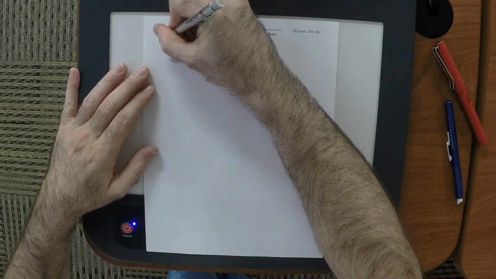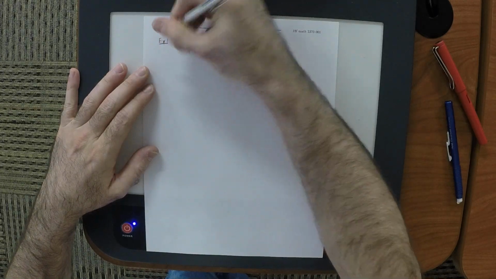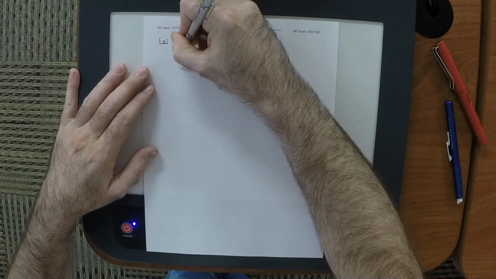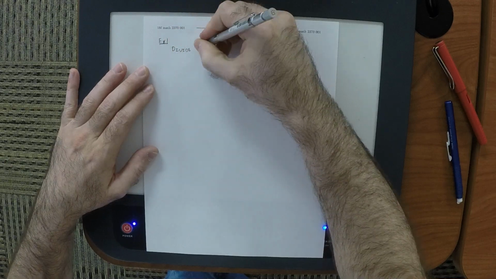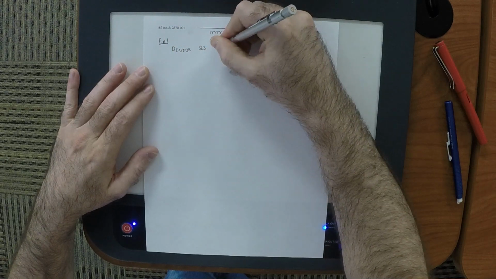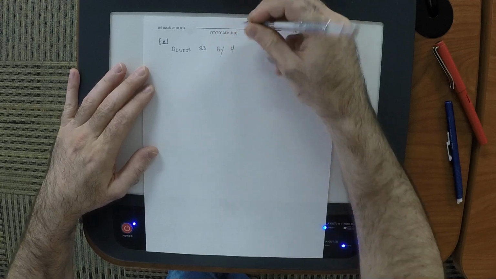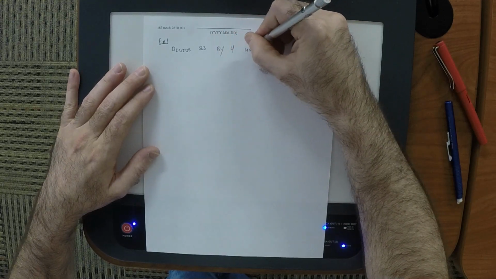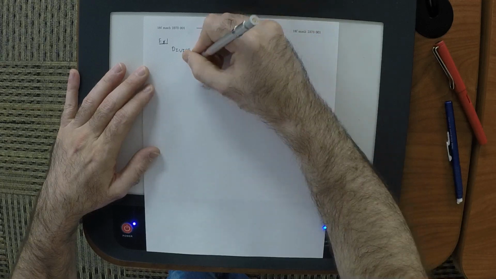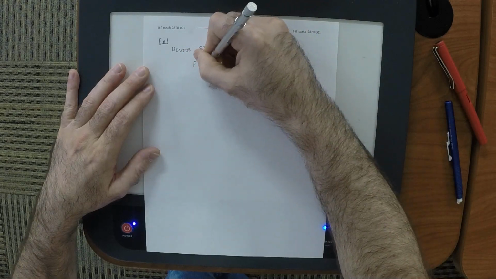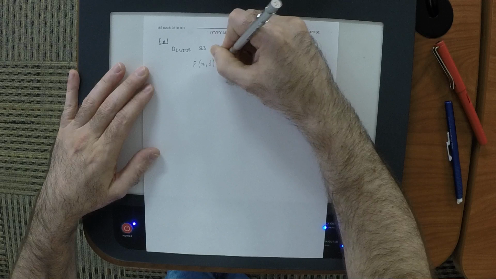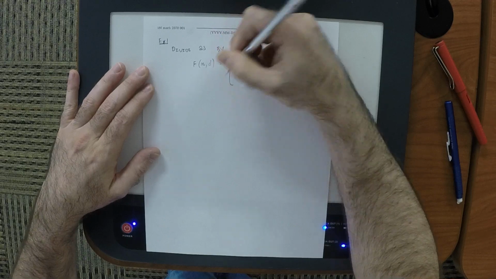So now, again, divide 23 by 4, and this time it's going to be using this f. So f of n and d is defined as,